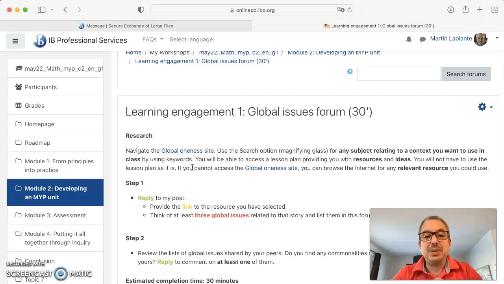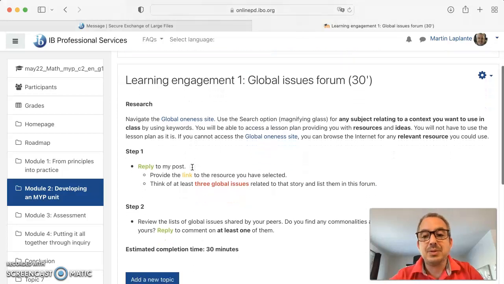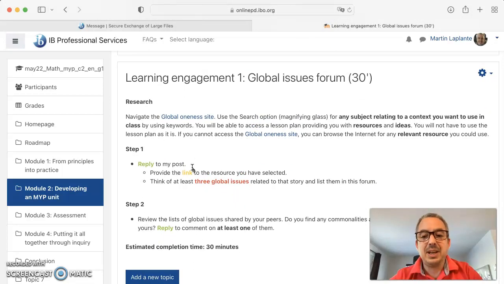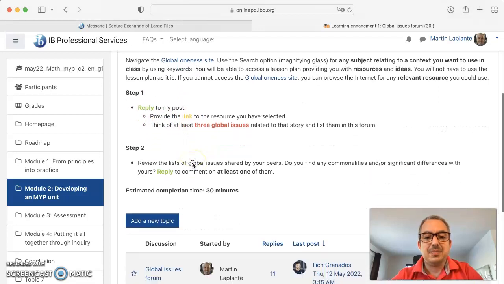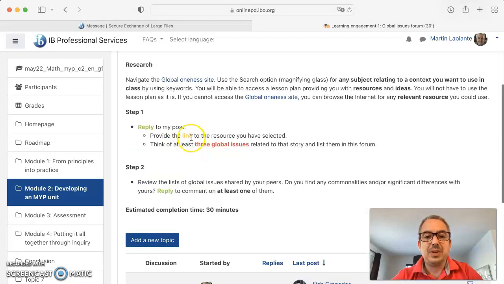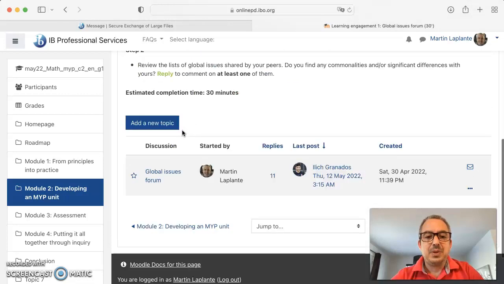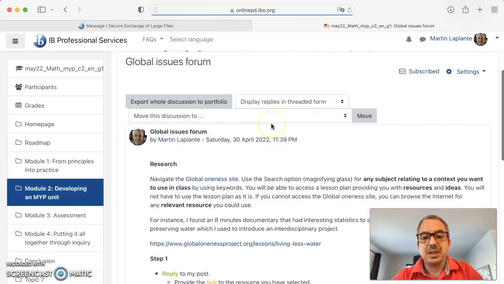So there are many ways these resources can be used, and I'm sure you already have browsed for resources before. So here we just want to share with each other relevant resources that might be interesting to use in our planning. So first, provide the link. I remind you that when you want to provide the link, I'll go to my post, okay,